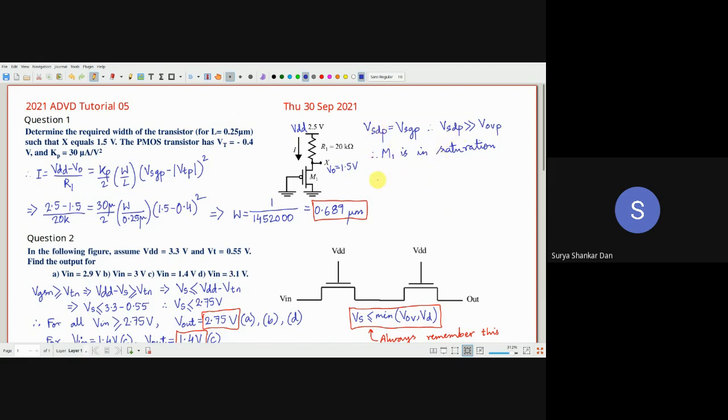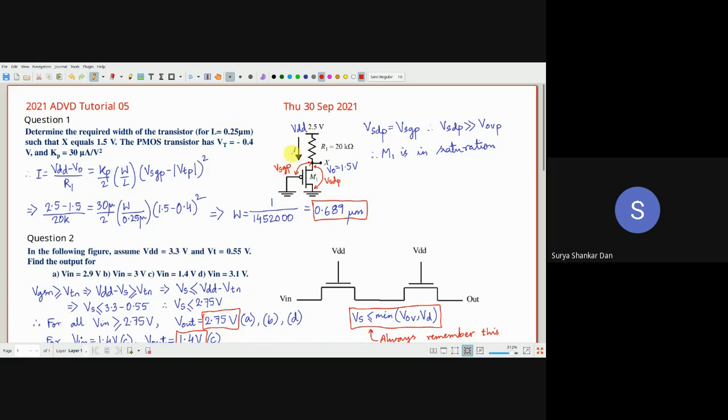All right, so here we have to find out which region of operation this transistor is working in. The first thing that we will observe is that this is a P MOSFET. What is this voltage? This is the Vs. Remember, in case of a P MOSFET, the source is at the highest potential. So this is VSDP. What is this voltage here? Vs, that is the source higher than the ground. This is the source, this is the drain.